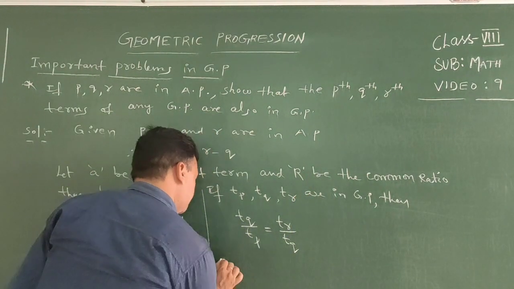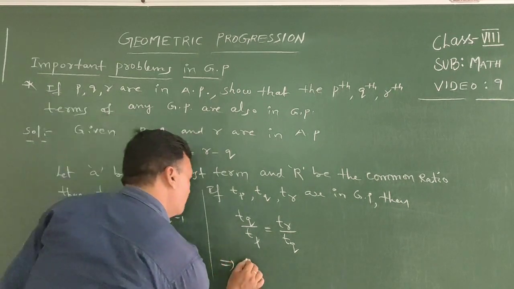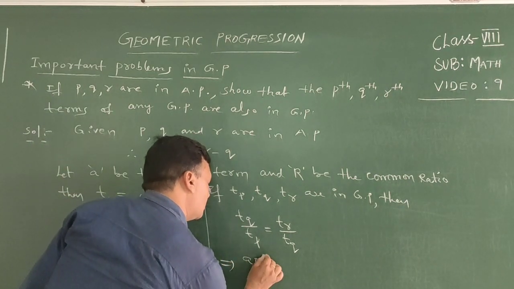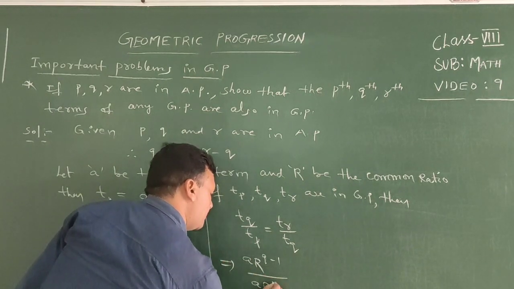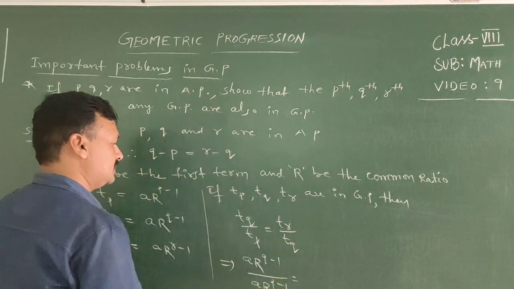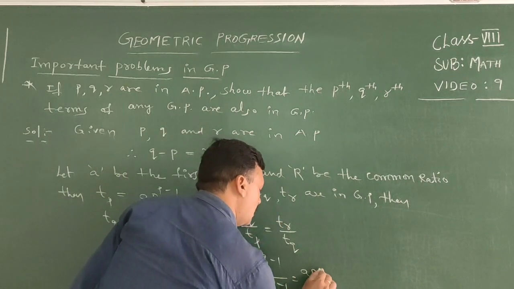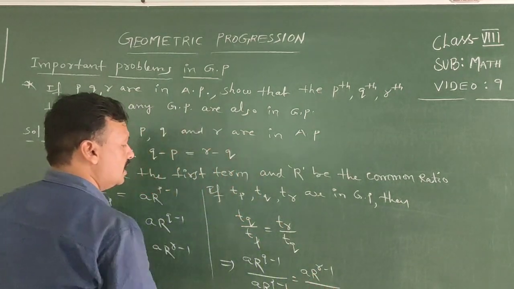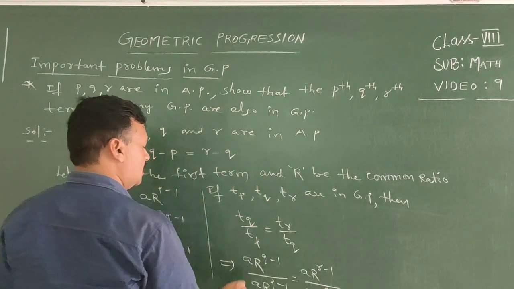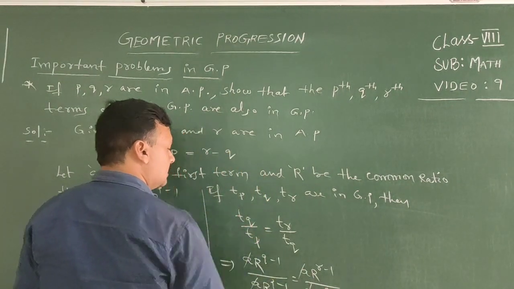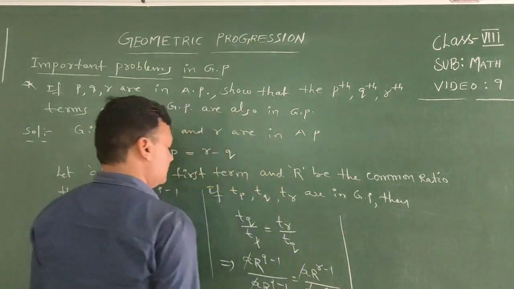That implies TQ means AR power Q minus 1, TP is AR power P minus 1, TR is AR power R minus 1, over TQ, AR power Q minus 1. Here A cancels. Then we get